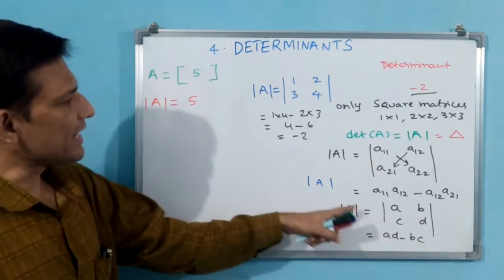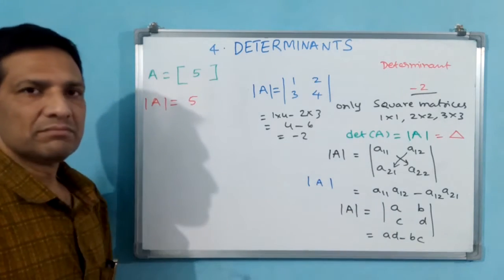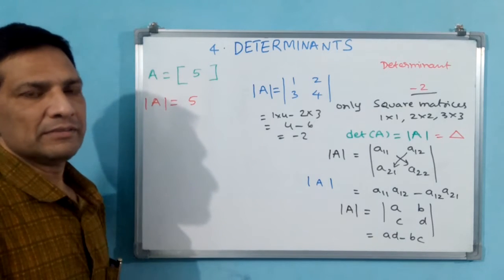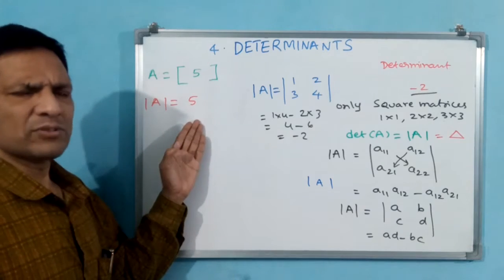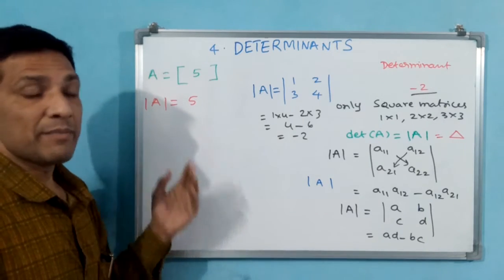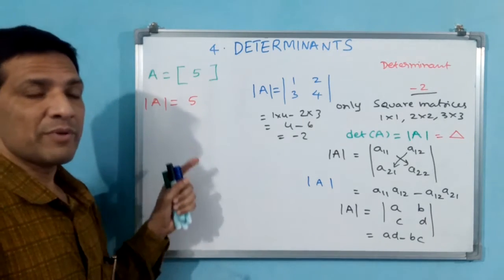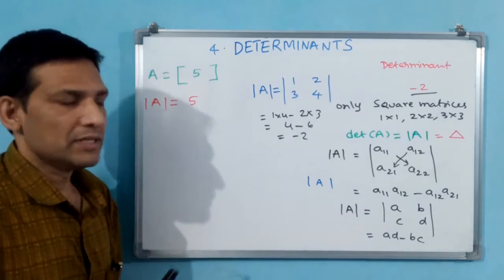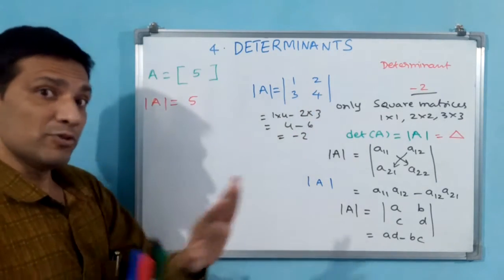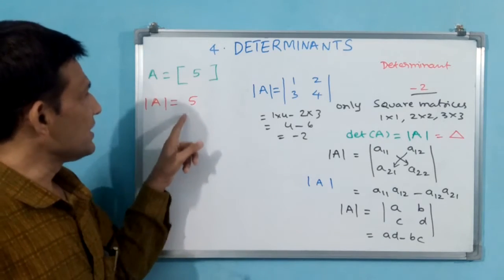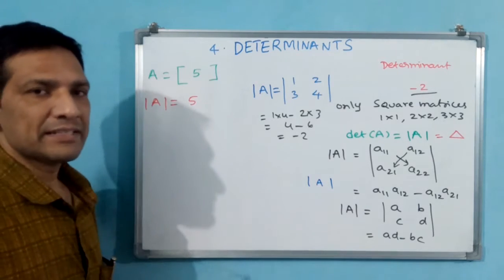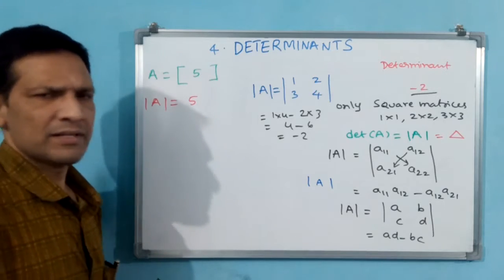Simply, you need not write it again in between. Directly you can write the value 5. Or else you can write it also, that is not wrong. But when a single value is there, you may get confused, like with modulus. If such numbers are there, then easily you can understand. This is a determinant. If you put lines here, you may confuse it with modulus. But you can write it, that is not wrong.